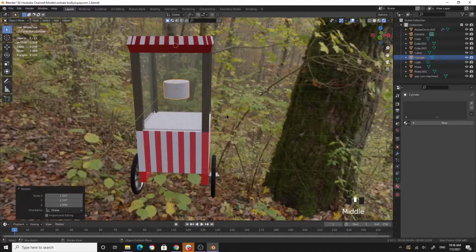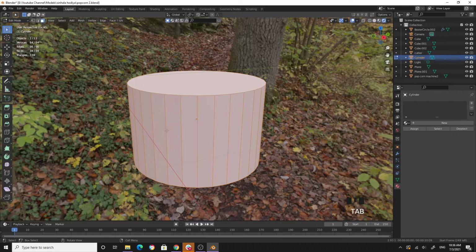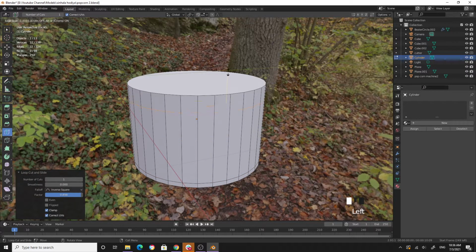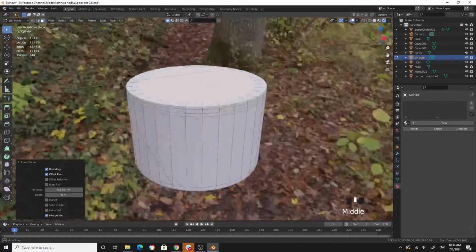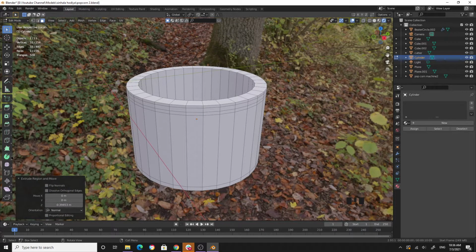Now forward slash to have individual edit mode. Now tab into edit mode, get some loop cuts, place a loop cut somewhere here, and another one here, another one here, another one here. And then also face selection mode, click on this face, I for inset, extrude, and then another loop cut